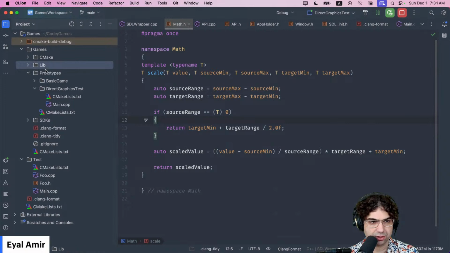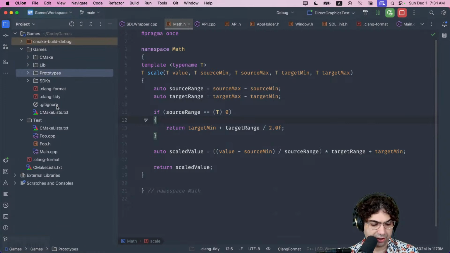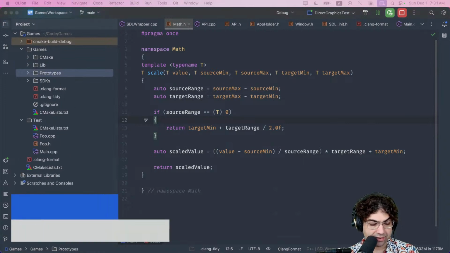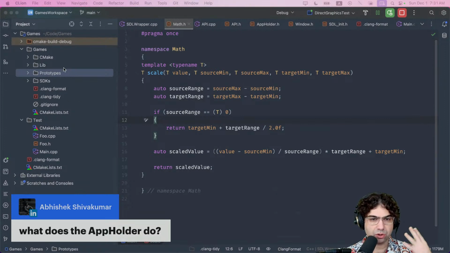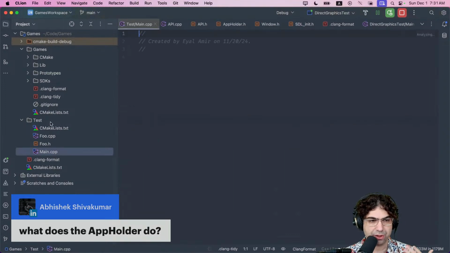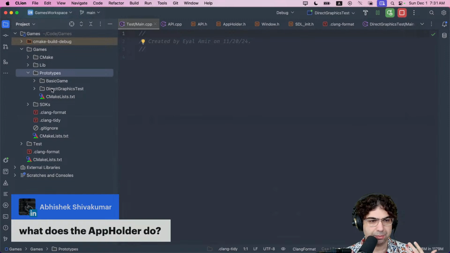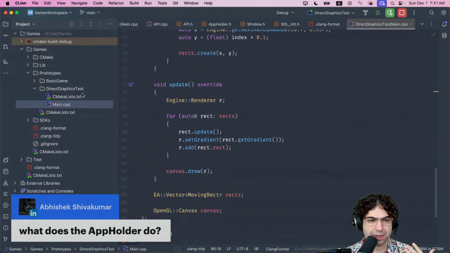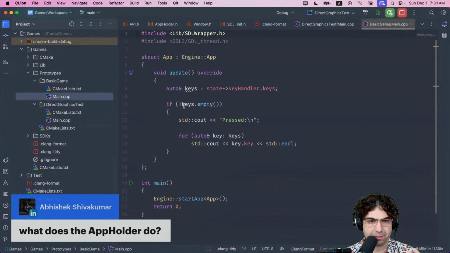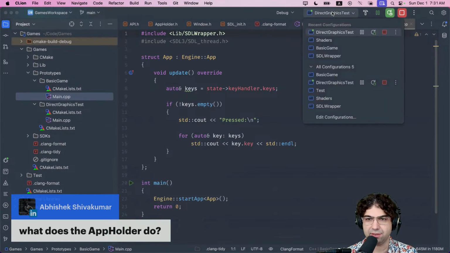So let's have a look in this actual game. Okay, so this is a good question. What does the AppHolder do? So first of all, let's explain the interface here a little bit, because there's some details, like from the prototype, right? So from the perspective, let's look at this basic game. I hope it still compiles. It was like a testing thing. So basic,